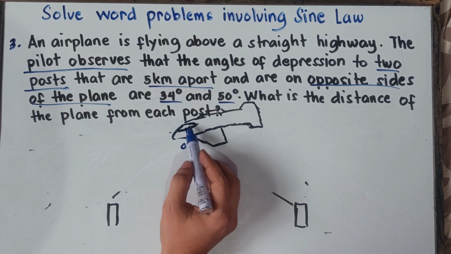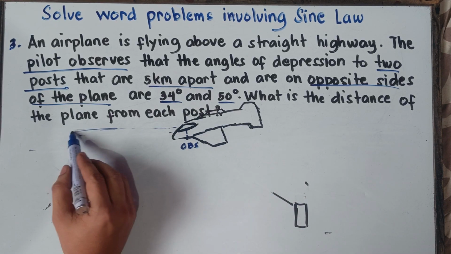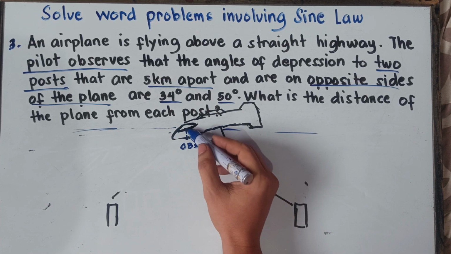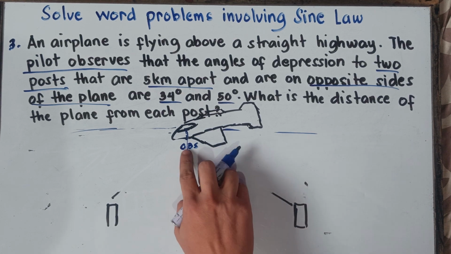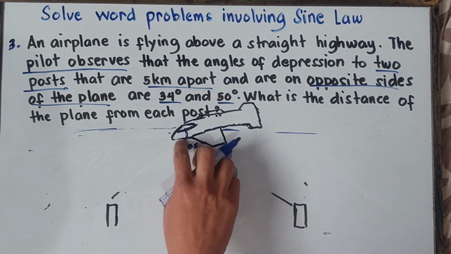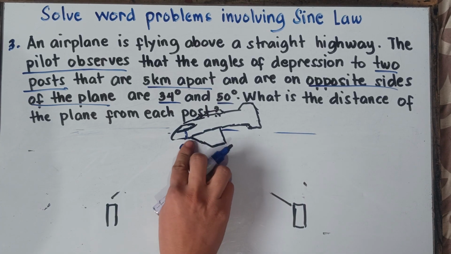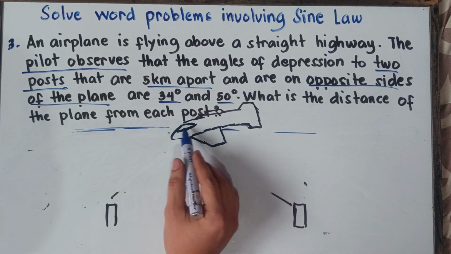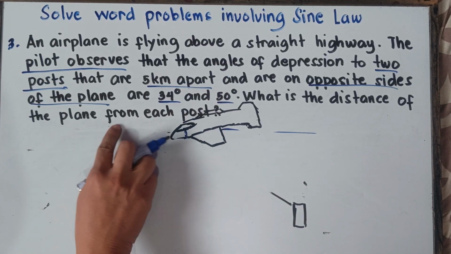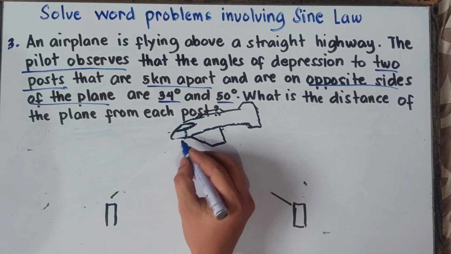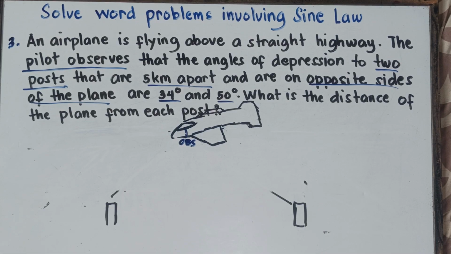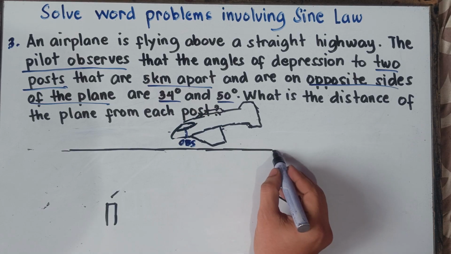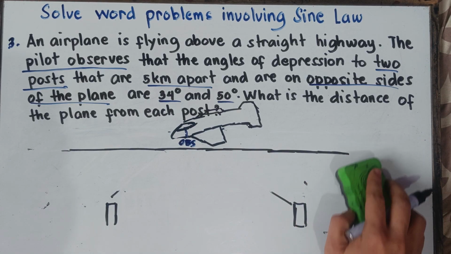This will be our observer because if I draw a horizontal line, it will be confusing with regards to our given illustration, because we need to put the horizontal line, and then we need to put a vertical line, and this will be the height, right? Once again, our observer is the pilot. Later in class, we need to draw a triangle. So this will be our observer, the pilot, and then we need to have our horizontal line. Alright, so we have our horizontal line.